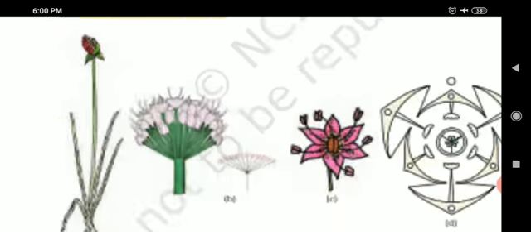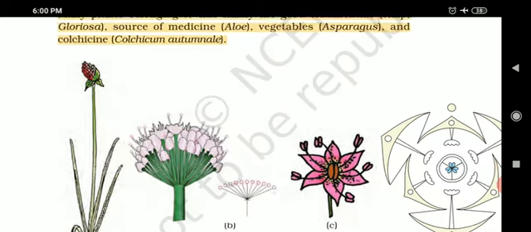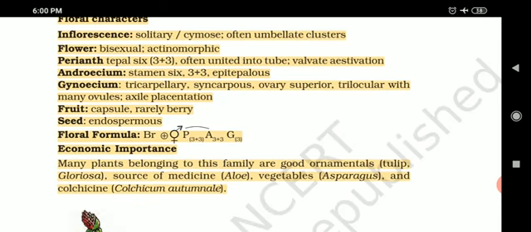Bracts are there. So bracts are present in the flower at the basal part. So it is written BR. Then actinomorphic symmetry, that's why plus sign in the circle. Then bisexual, here we will not write K and C. Here we will write P. 3 plus 3 and in the bracket because they are fused with each other. Then androecium, 3 plus 3. 3 are attached with outer tepal, 3 are attached with inner tepal. And the upper curve is showing epitepalous condition. Gynoecium. Gynoecium is written 3 in number and then they are fused, so they are put in bracket.